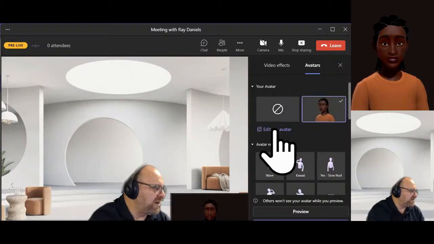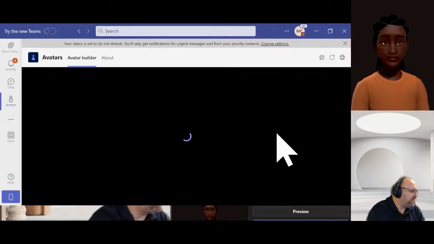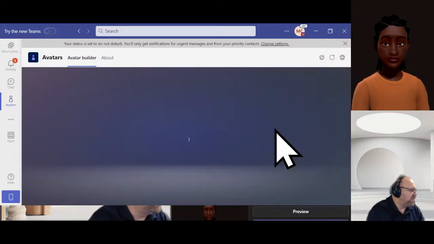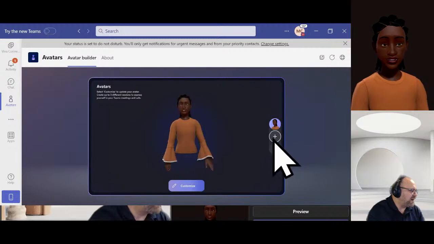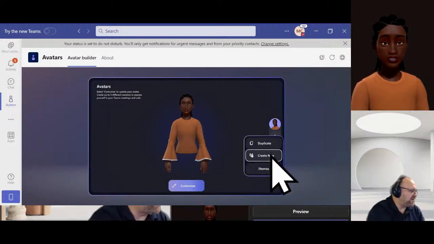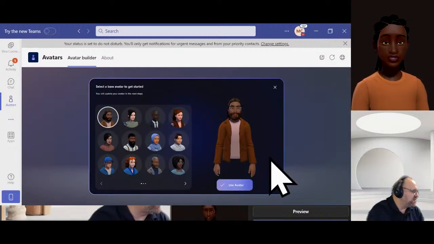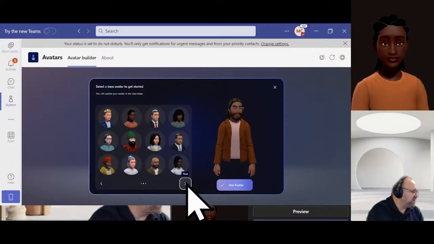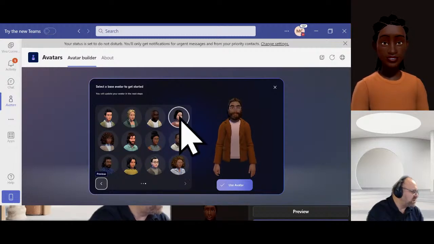And this is where I can go in to edit my avatar and even add additional avatars to Microsoft Teams. So I get my first avatar and I can set up a second avatar either by duplicating my first and maybe just changing certain aspects, or I can start from scratch and create somebody entirely new from pages of choices.